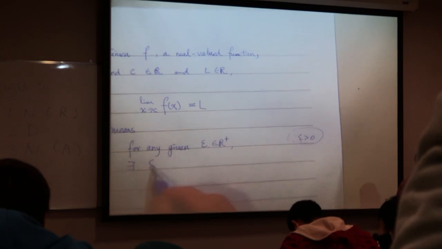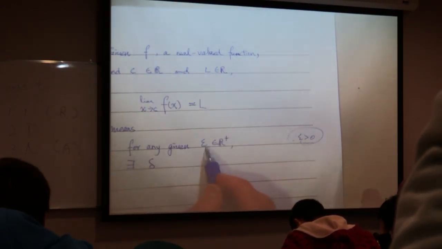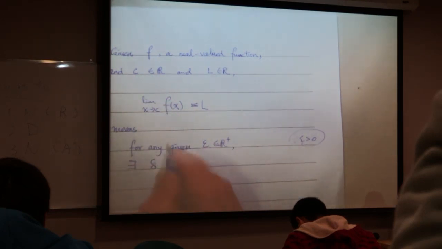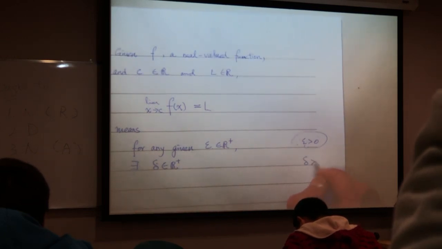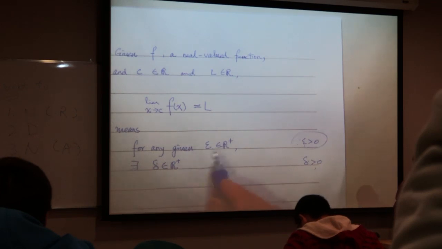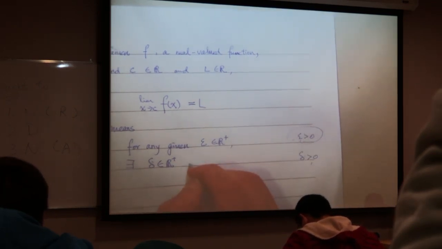This is called the epsilon-delta approach of definition. We just use these two to name such a definition. This is also a positive real number, and the books usually write it in these two ways instead of these two, but they mean the same. Such that